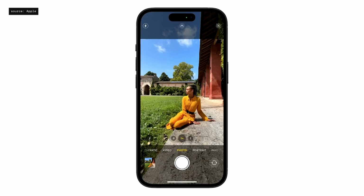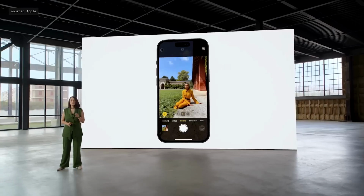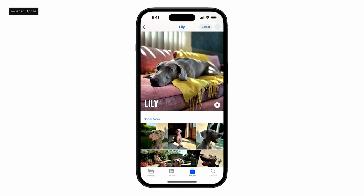It's full of vivid color and detail, and it uses a rich depth map to create a beautiful bokeh effect. And it's easier to take your portrait because now you don't have to remember to switch to portrait mode. Using machine learning, we can detect when there's a person in the frame and capture rich depth information automatically. So you can turn it into a stunning portrait right away or later on in the Photos app. It even works with dogs and cats, so you can have more portraits in your pet's album in iOS 17